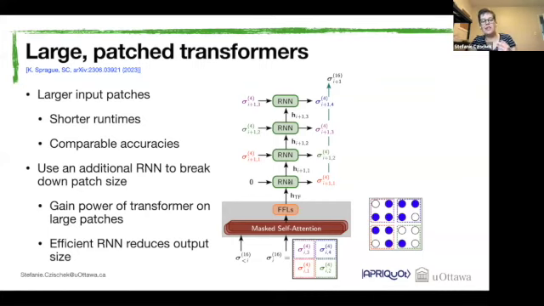And then it iteratively looks at each of the 2x2 patches at a time, right? So it samples the first patch, uses it autoregressively as an input, samples the second patch, uses it as an input, and so on. And so with this, we do not have the issue that we have to sample from this exponentially scaling probability distribution, but we can still use these large patches as an input.